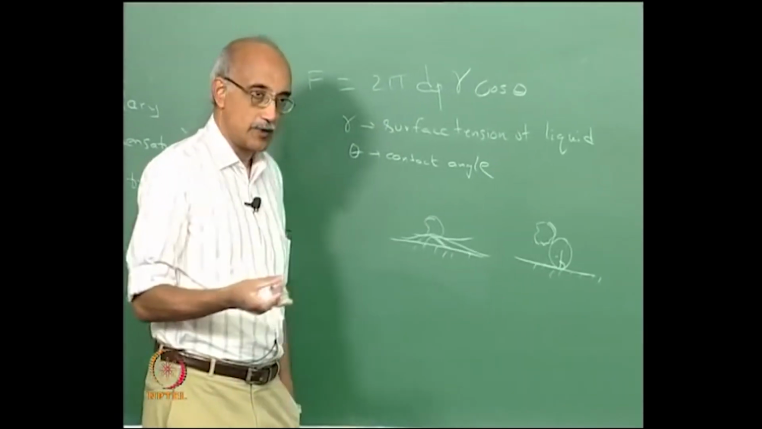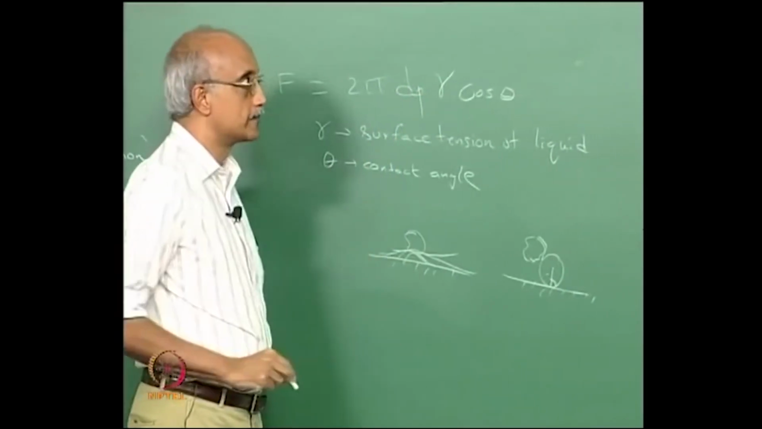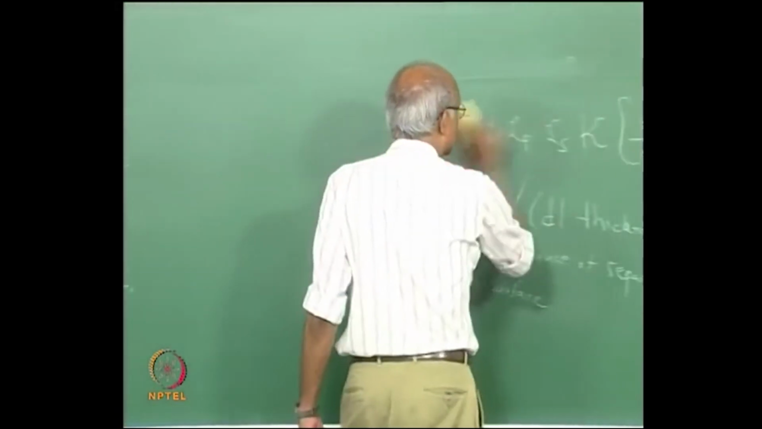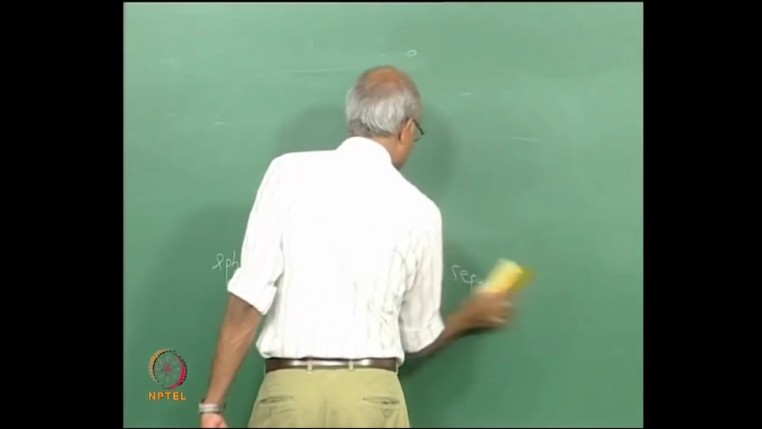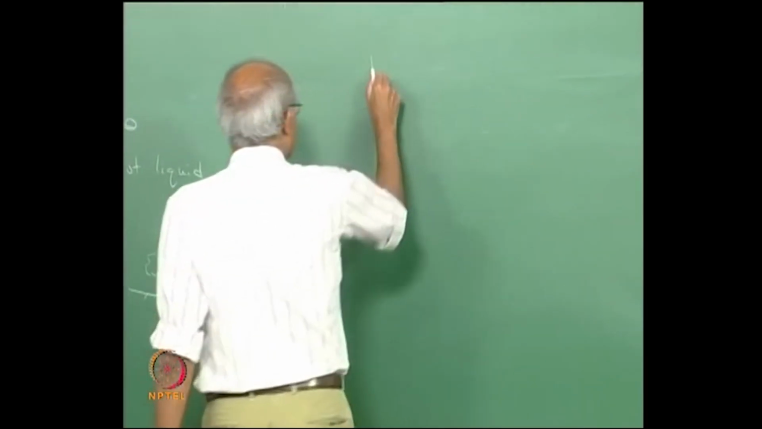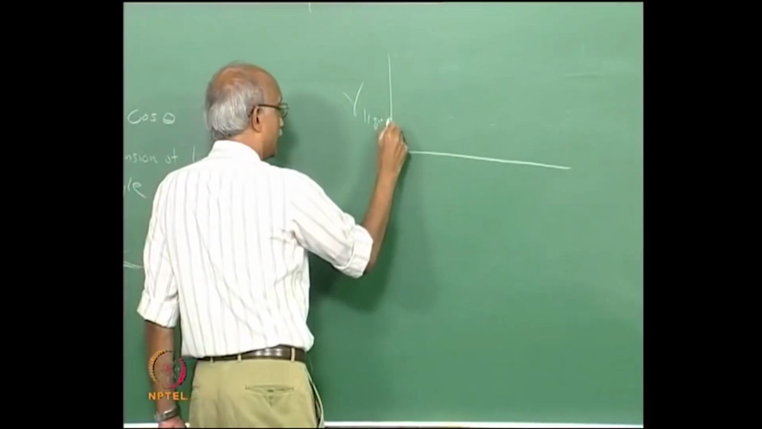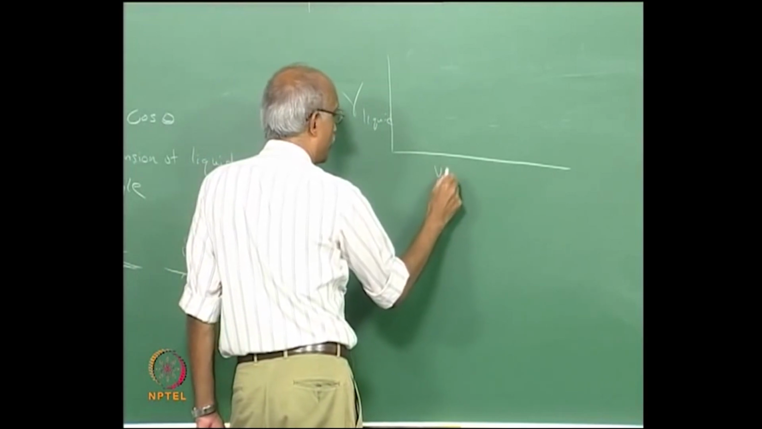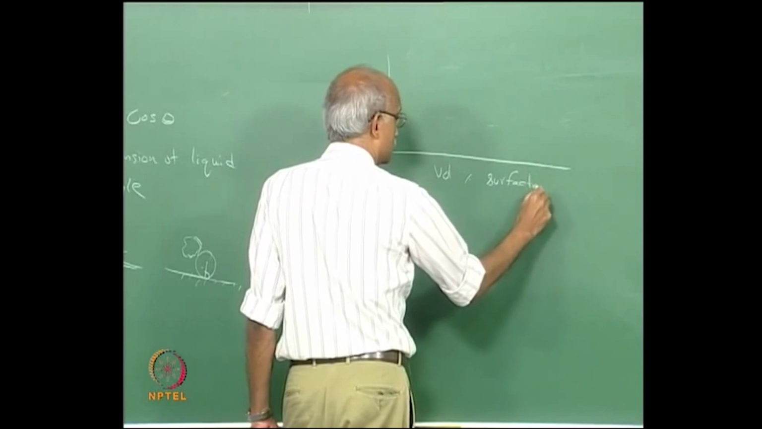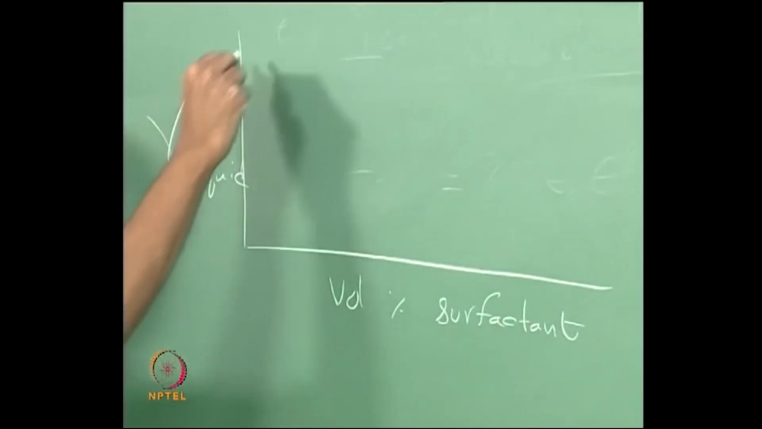Now, what role does surfactant play? The surfactant essentially will reduce gamma. If you plot the surface tension of a liquid against, for example, volume percent of surfactant, what kind of behavior will you see? It will be a rapid drop,